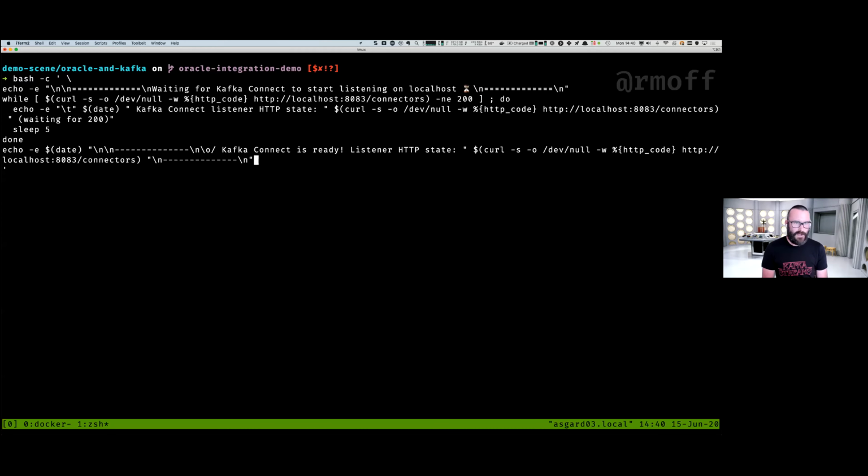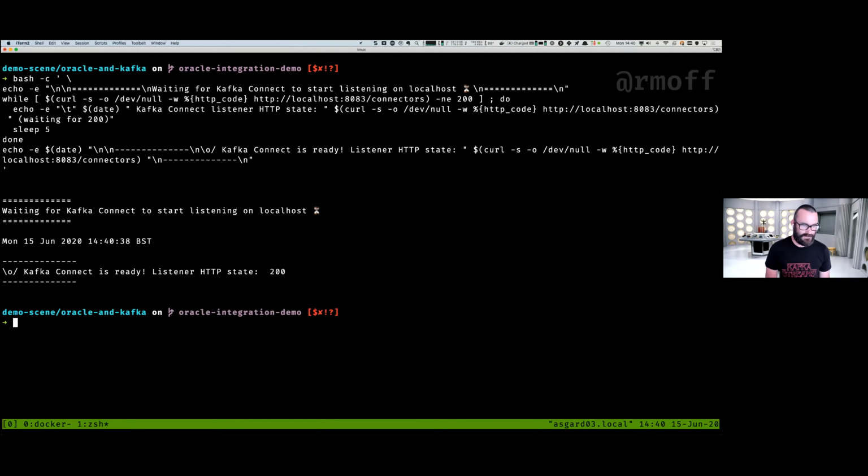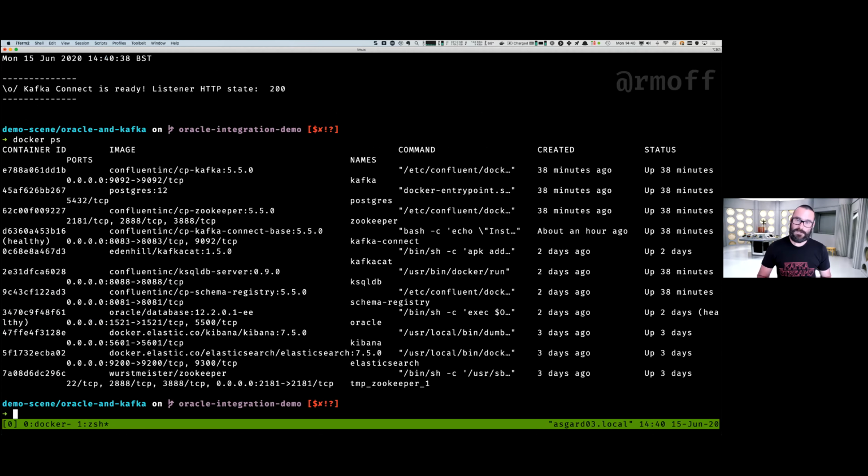So over here on my terminal, I'm just going to check that Kafka Connect is running, because I was doing this just before we started. So Kafka Connect is running. Kafka Connect, like I say, is a JVM process. I'm actually running all of this under Docker. So I'll share all of the configuration afterwards.